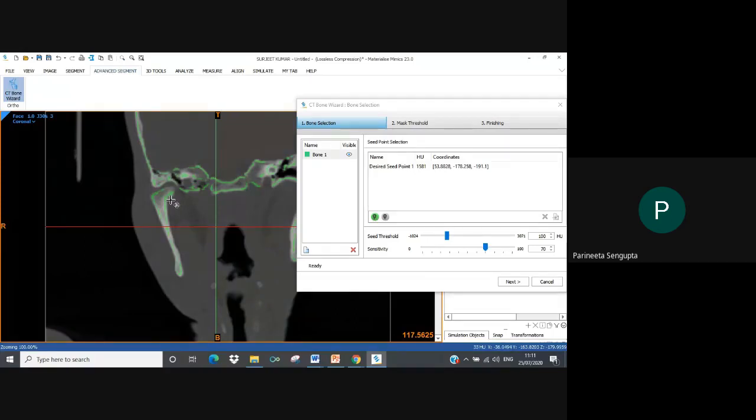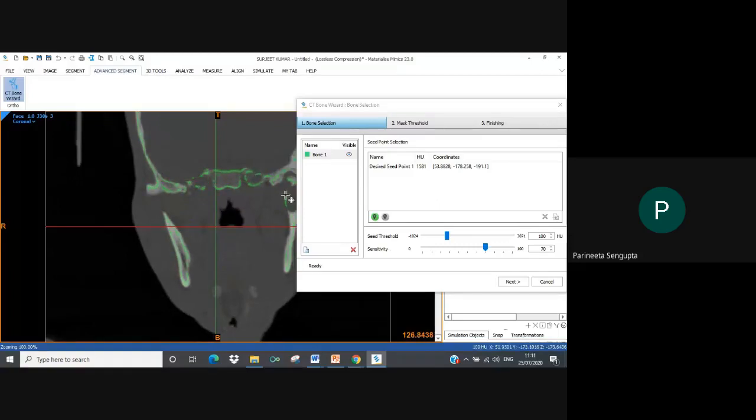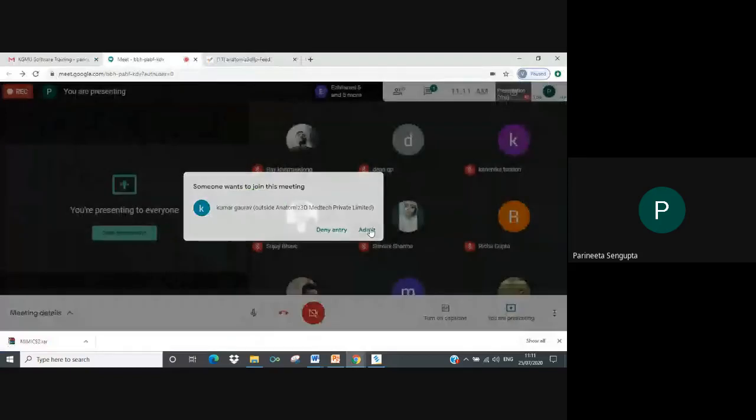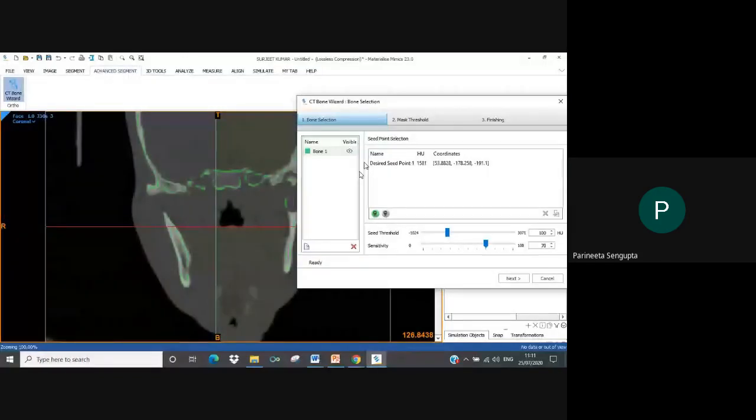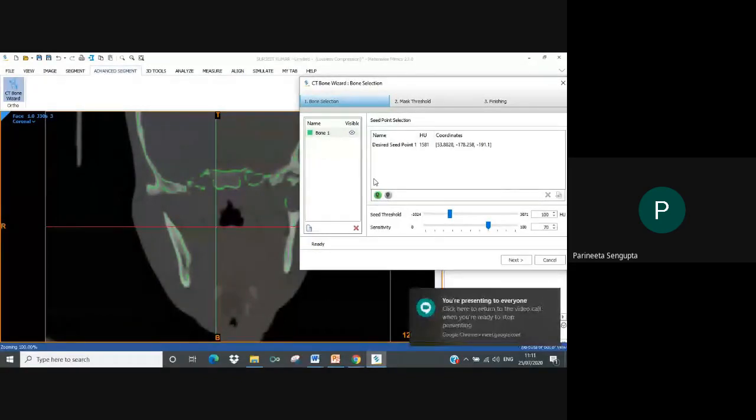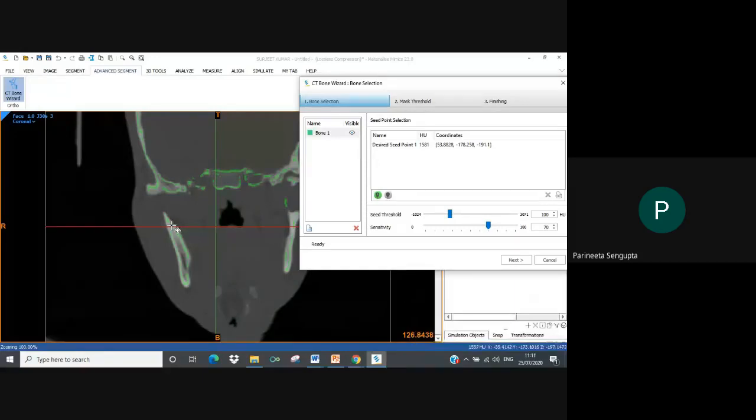Since I clicked on the mandible, what it has done is, based on that pixel and the adjacent 70 pixels around it, it will consider those, and that way the chain will continue. So right now my mouse is at this pixel.